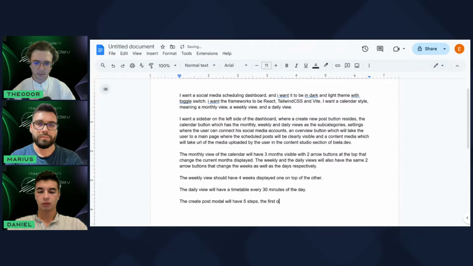The first step, let's say, will be picking the time and the date when the post will be created. I don't think posted works, let's say created. The next step, the second one, let's say, the second step will be the